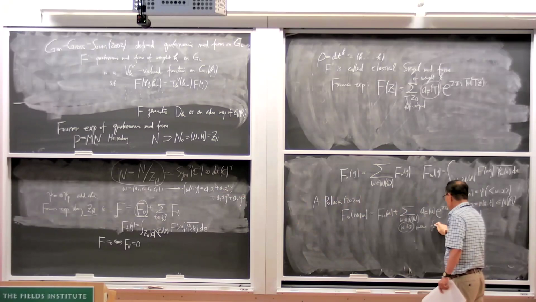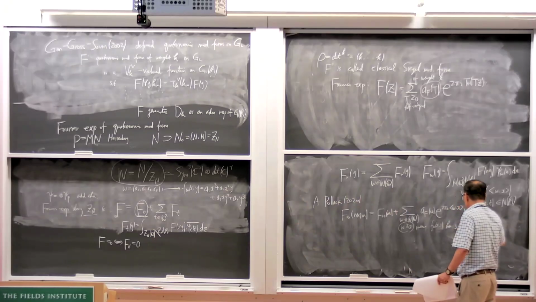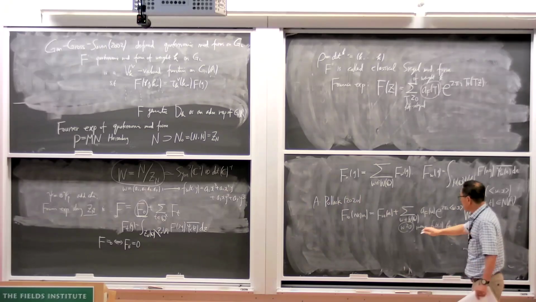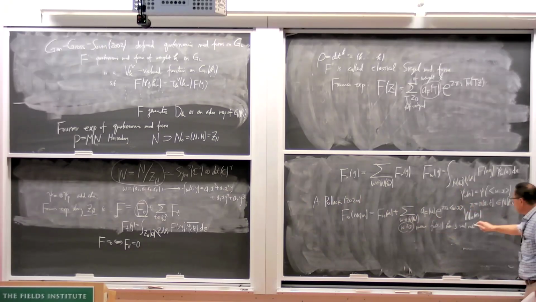So F_W(x, 1) has three real roots. So it is a sum only over these elements. And so this is